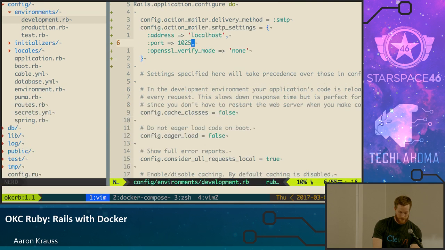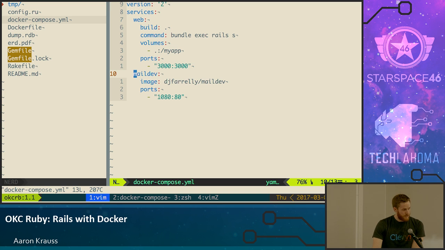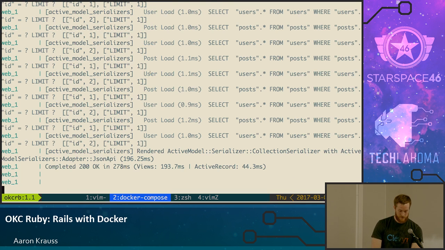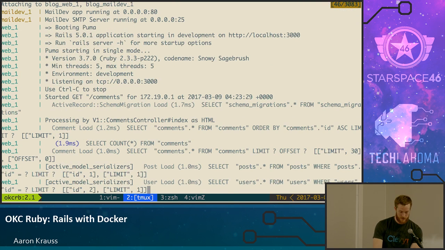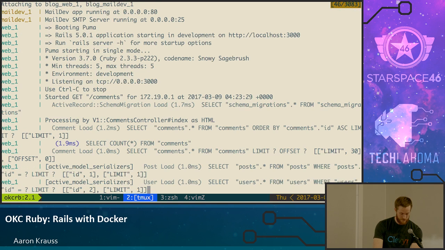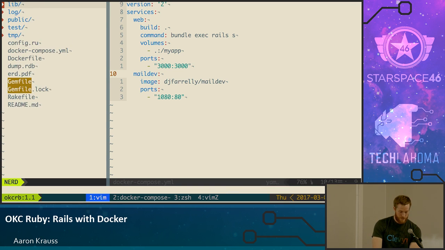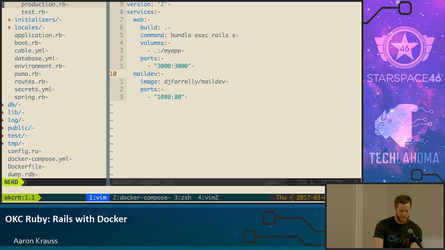If we go back to the Docker Compose file: when you run Docker Compose, it creates a network. It looks like it must have created it when I ran it the very first time, so it doesn't say it here. But it creates a network that allows Docker containers to talk to each other really easily. And the way you reference another container, at least the host name of another container, is just with the name of this container. So if I'm in the Rails app, and I'm going into this development file,